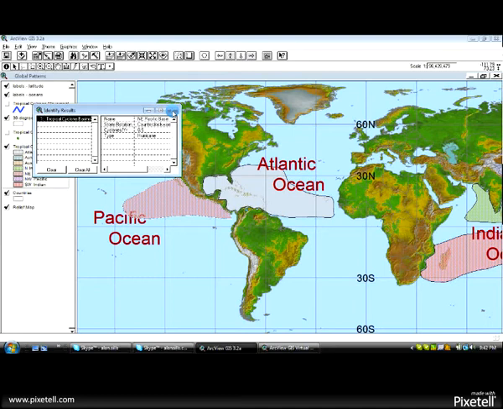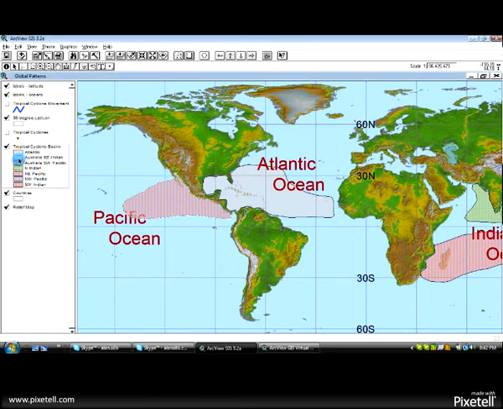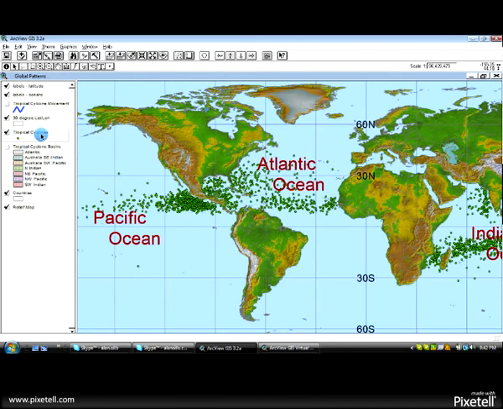Well, moving right along to the last page of the activity, page 14, it asks me to actually massage the data, and I'm going to turn off tropical cyclone basins. I'm going to turn on tropical cyclones. Now, here, all the tropical cyclones are green, but one of the advantages of a geographic information system is the fact that I can work with data and I can analyze that data visually, and it's a very, very